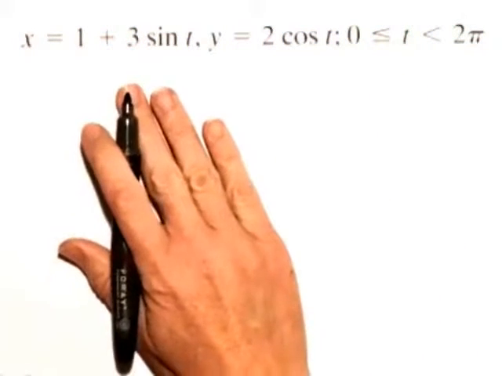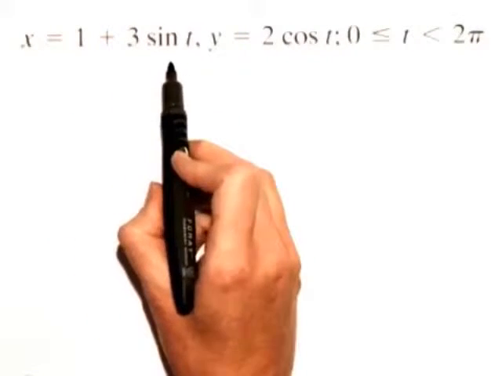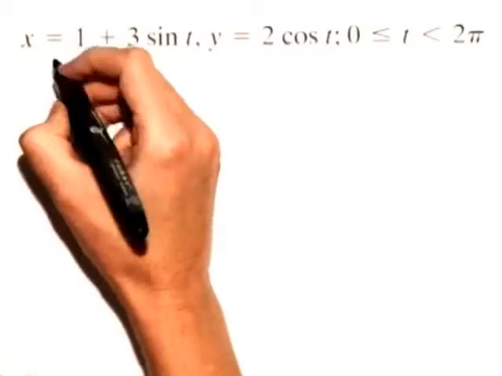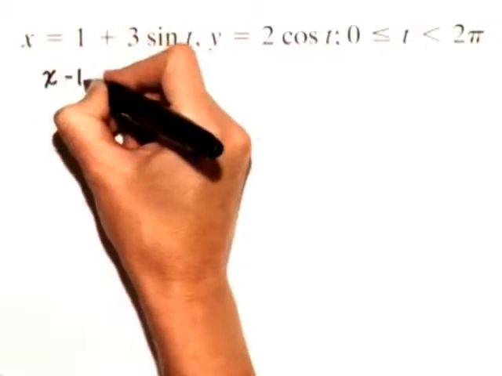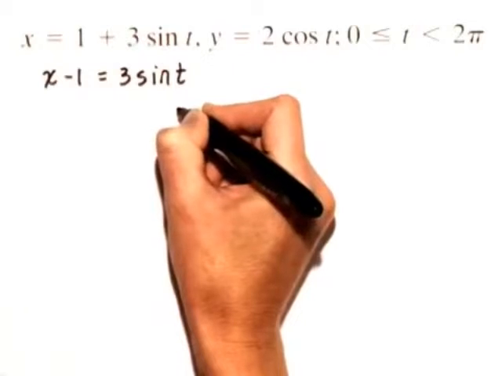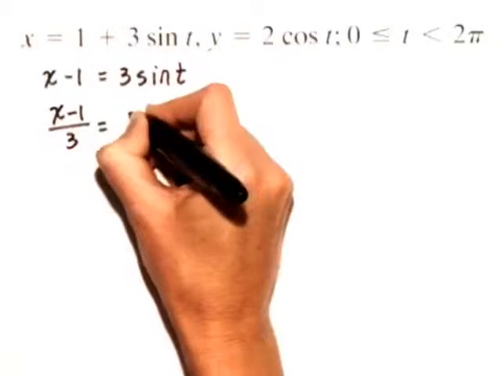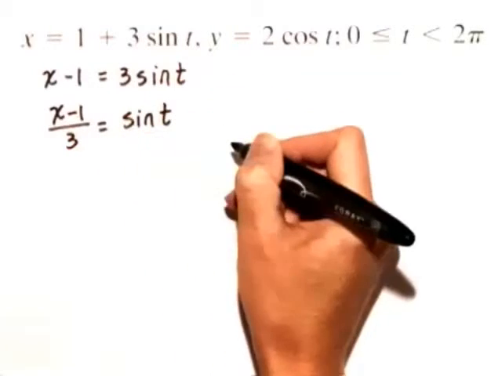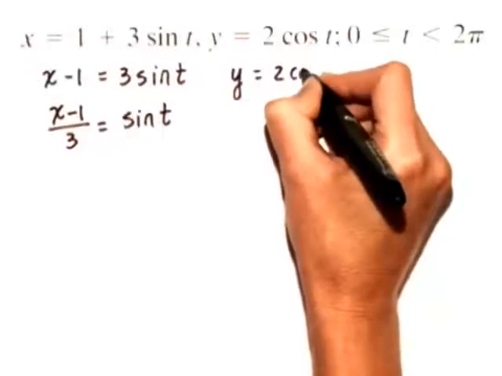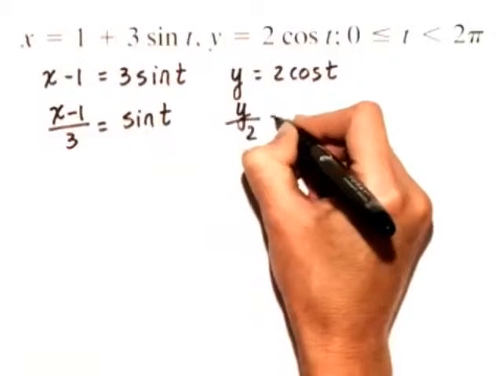So we're going to use a little trigonometry trick here, and we're going to isolate the sine t in the first equation and the cosine t in the second equation. When we do, we'll get x minus 1 equals 3 sine t. Dividing both sides by 3, (x minus 1) over 3 is equal to sine t. For the second equation, y equals 2 cosine t, we'll divide both sides by 2 and get y over 2